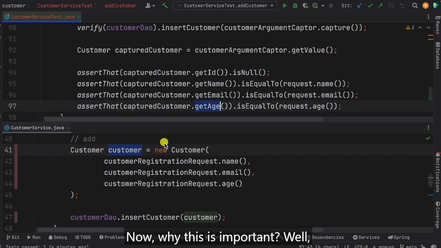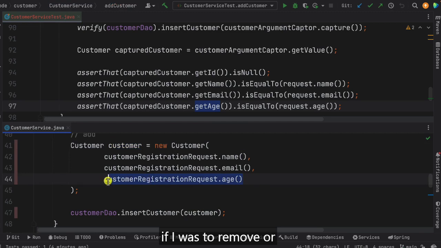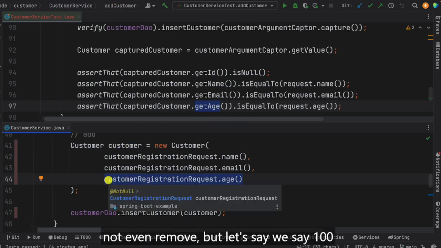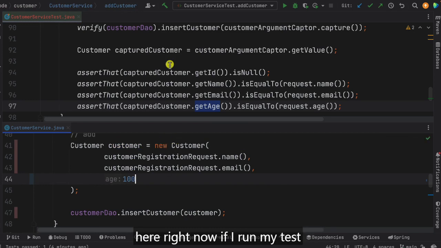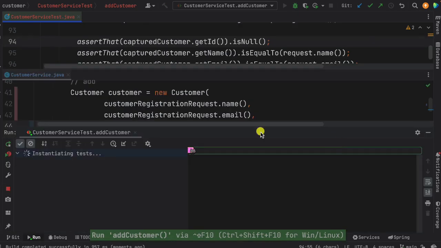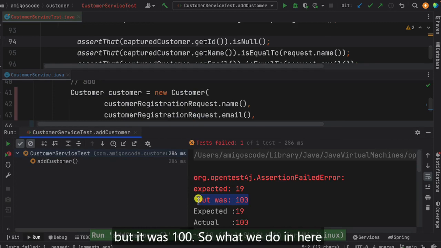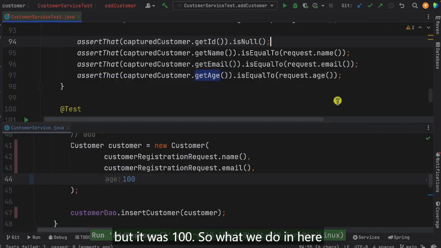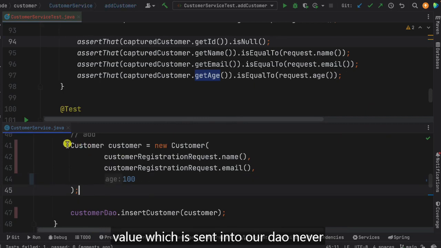Now, why is this important? Well, if I was to remove, or not even remove, but let's say we say 100 here, right? Now, if I run my test, this fails, right? Because expected 19, but it was 100. So what we're doing here is we are making sure that this value, which is sent into our DAO, never changes,